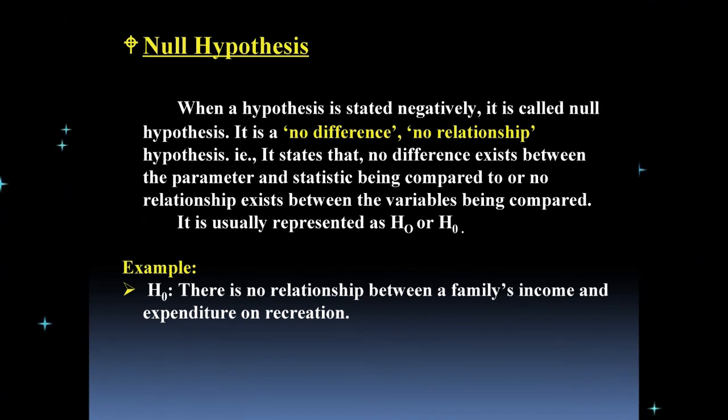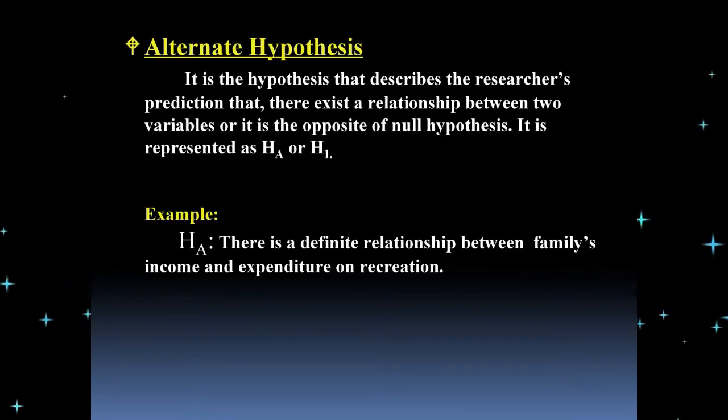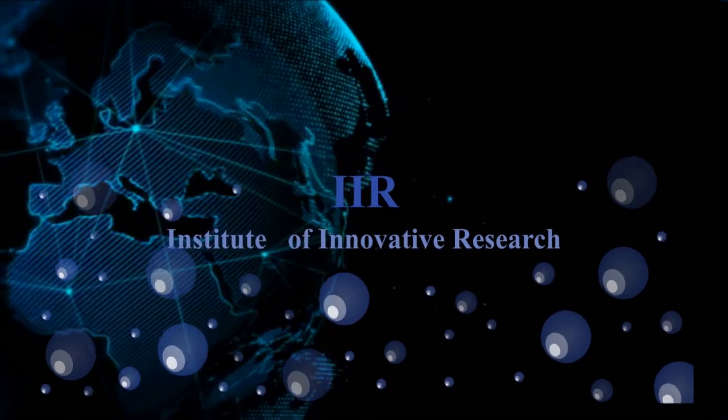Alternate hypothesis. It is the hypothesis that describes the researcher's prediction that there exists a relationship between two variables, or it is the opposite of null hypothesis. It is represented as HA or H1. Example. There is a definite relationship between families' income and expenditure on recreation. Forms of